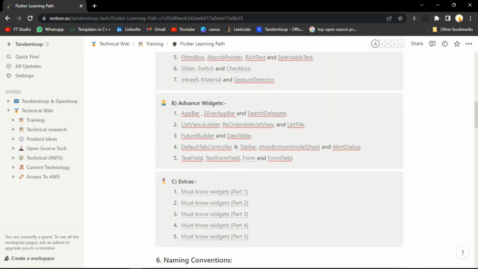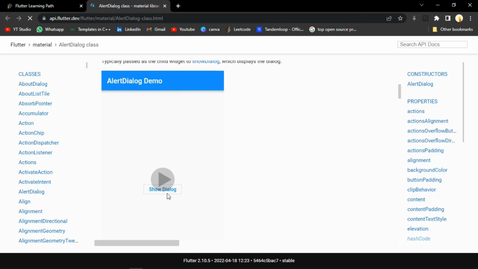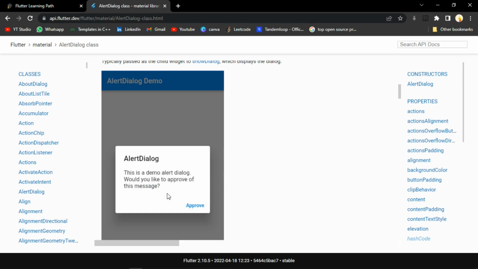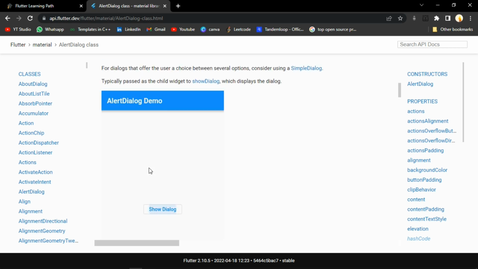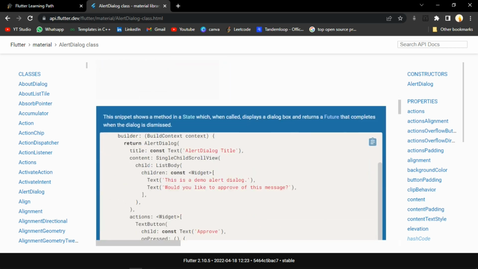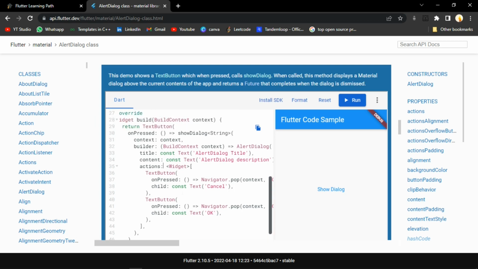Now let's move to the next widget that we have, that is alert dialog. Let's open it. So here we have an example of alert dialog. When we want an alert for some reason, we can use the alert dialog class. Now let's see the code for the alert dialog box. What will actually happen is that we will first of all create, like it is just an example,